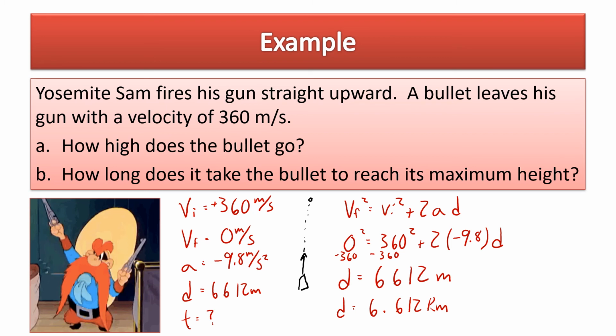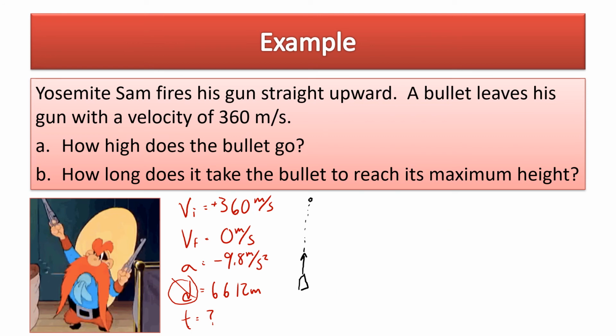All right, so then part B says how long does it take to reach the maximum height? And we actually rounded the displacement, so I'm not going to use that in my equation. So I want the equation without d. And we can use vf equals vi plus at, or you could use the equation for acceleration. Either one will work. vf is 0 because it's at its maximum height. We're at 0 for a split second, and then this is 360 plus this is negative 9.8, and then we're solving for t. So t is equal to